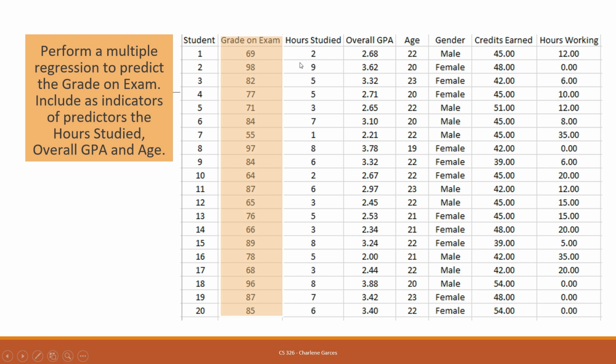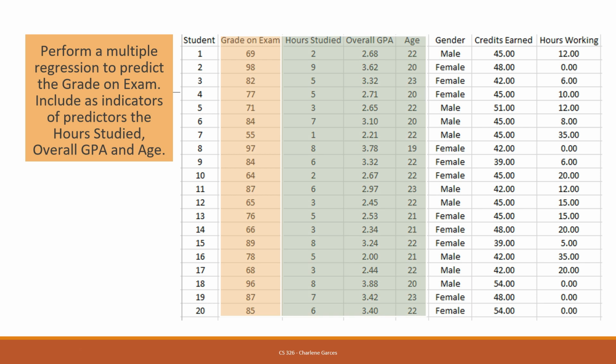Okay, because some of the students will study the whole night, some will only study 1 hour, some will only study 2 hours. It depends on your overall GPA and then your age. So this will somehow predict, if these independent variables, the hours studied, the overall GPA and age, change, what will be the grade on the exam? So the effect is the grade on the exam, the causes will be the hours studied, the overall GPA, and the age. Okay, then you can actually try this in your Microsoft Excel